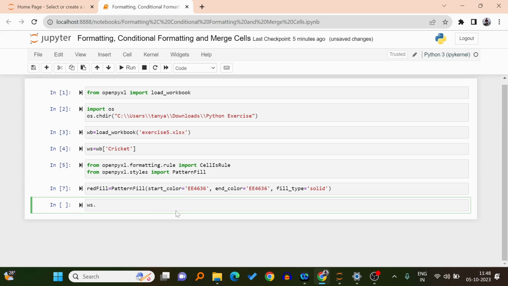We have defined an object ws for this worksheet. So we'll say ws.conditional_formatting.add. Now we will say to which range we have to apply the conditional formatting. Now we want to apply from D2 to D10. After that I will say CellIsRule, and now we have to pass the condition, which means which operator we want to apply. For this we have a parameter, operator equal to greaterThan,